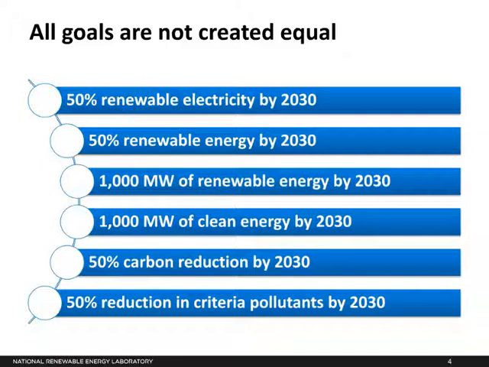Some goals are stated as a percentage of energy use, like the top two listed on this slide, while others are stated as a capacity goal, that is a certain number of megawatts of installed capacity. These, of course, differ in the sense that the capacity goal is implying that you will have physical renewable energy projects installed to meet your goal, whereas the percentage goal leaves more options open through which to attain it, such as buying generation or maybe purchasing renewable energy certificates.